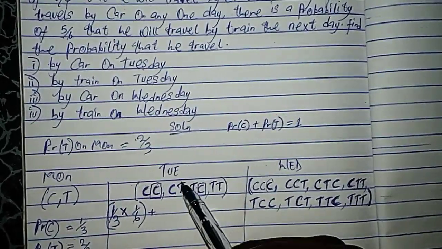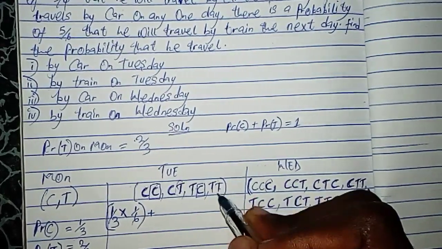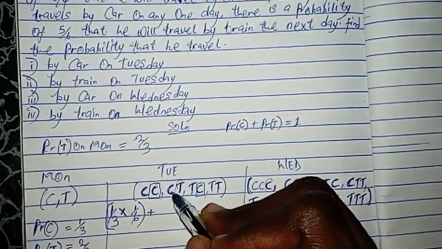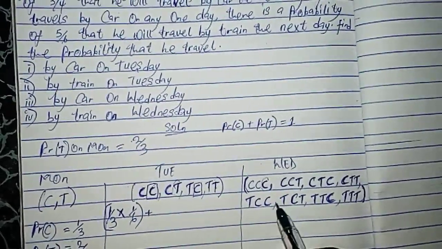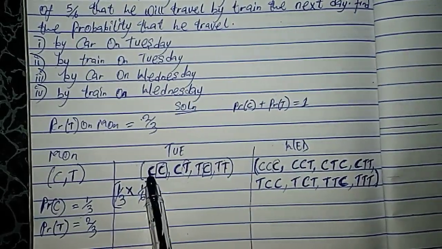Likewise, if we are to find the probability of him traveling by train on Tuesday, you have to multiply this as well and add it with this, because this is for Tuesday, and this is for Tuesday. The one before is for Monday. Just as this. So now, from here, we know that the probability of him traveling by car on Monday is